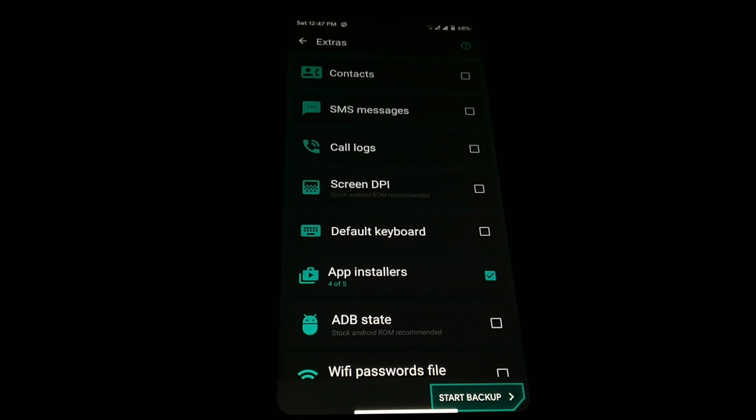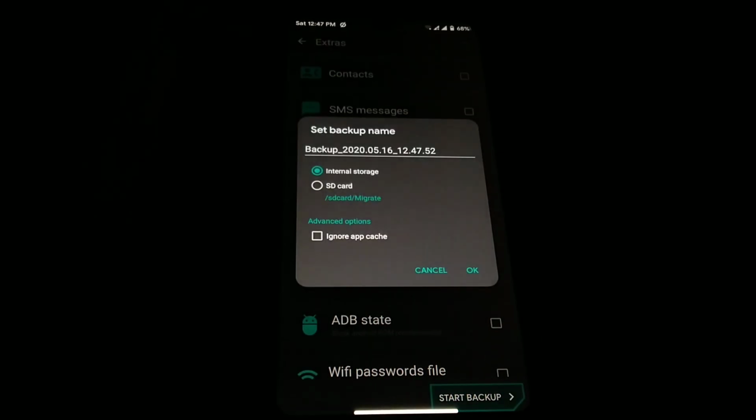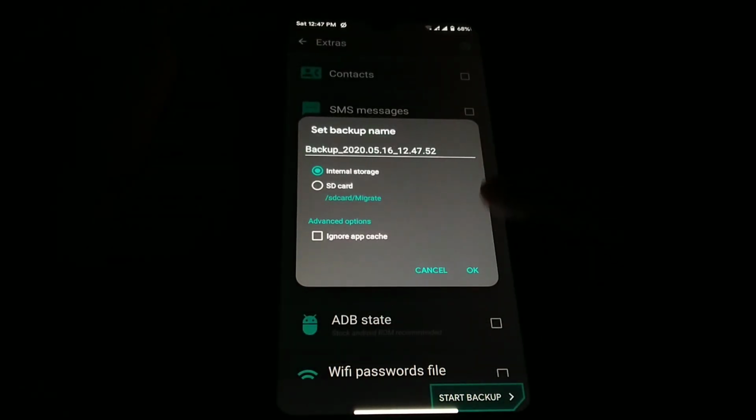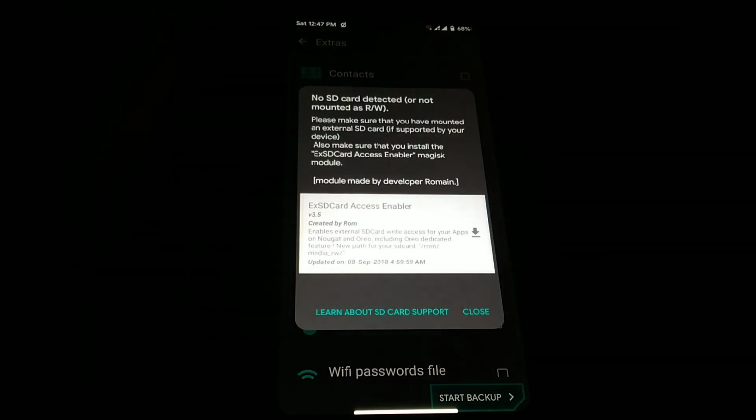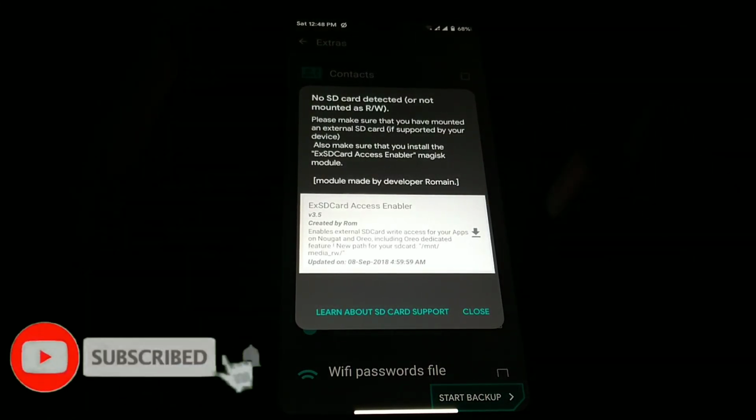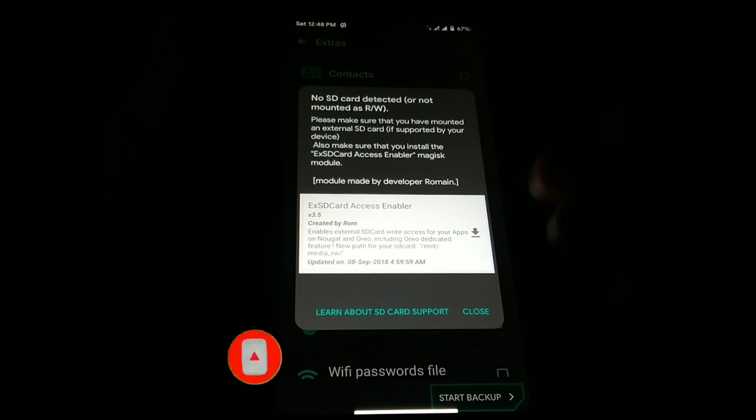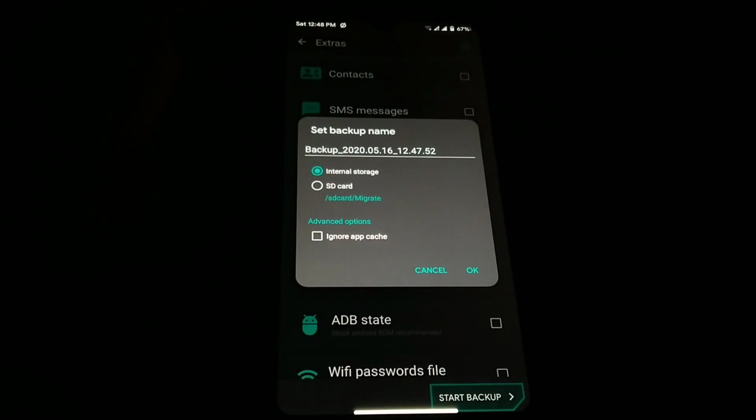and if you want to take backup of your contacts, SMS, call logs, whatever, you can take. So start taking backup. And if you want to take backup on your SD card, there is a system. You guys can check out this system. You have to go on your Magisk and download this module. After that you will be able to use your SD card. So I think we don't need that. We can take backup on our internal storage. Just select internal storage